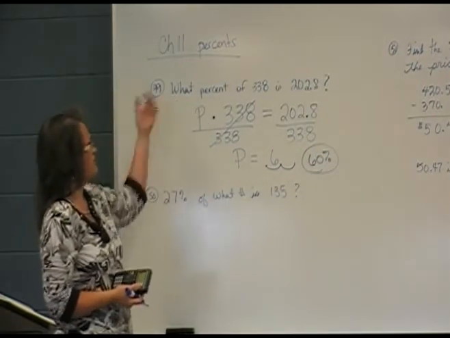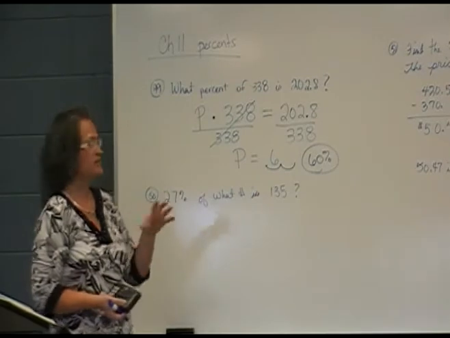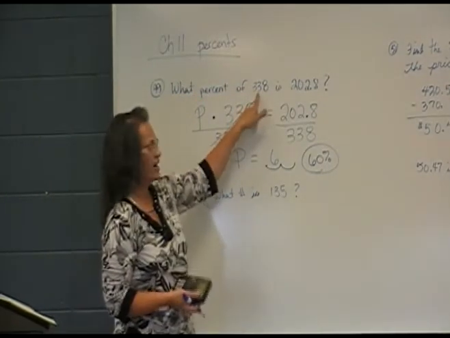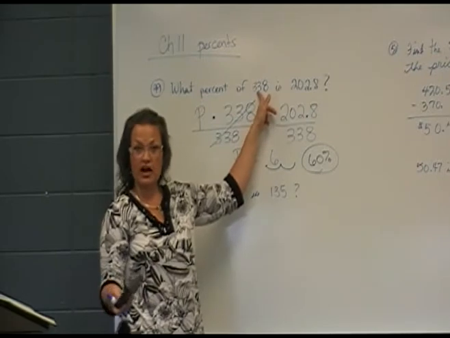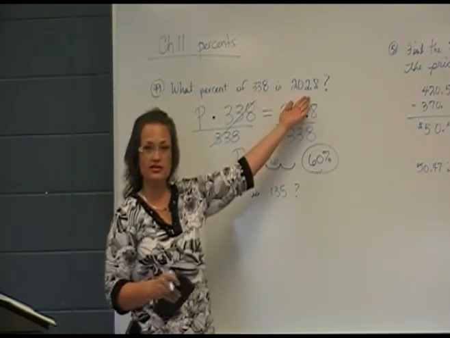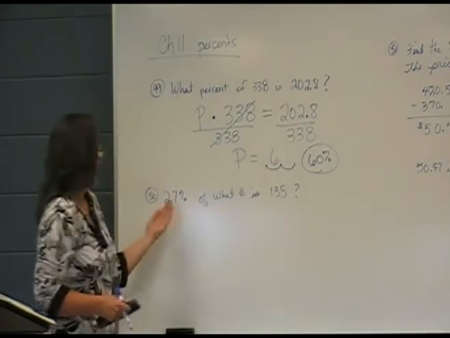And then always go back to the prompt, see if this makes sense, if it seems reasonable. Is 60% of 338, 60% would be a little more than half. So a little more than half of 338 is 202, and that does seem reasonable. All right, number 50